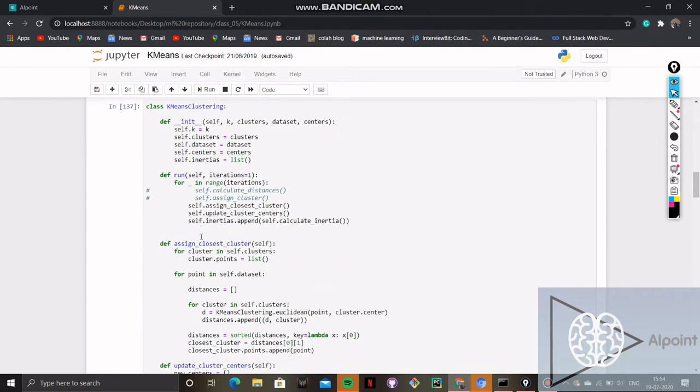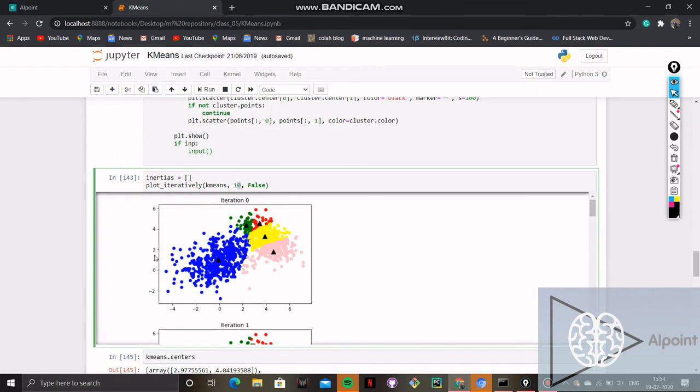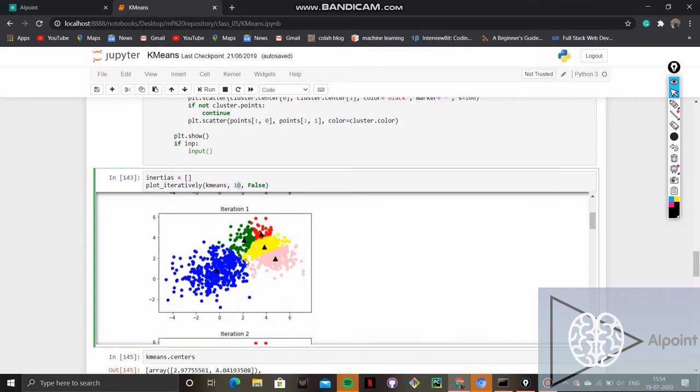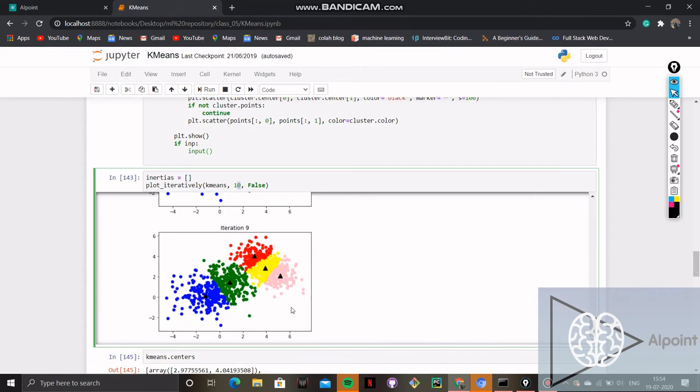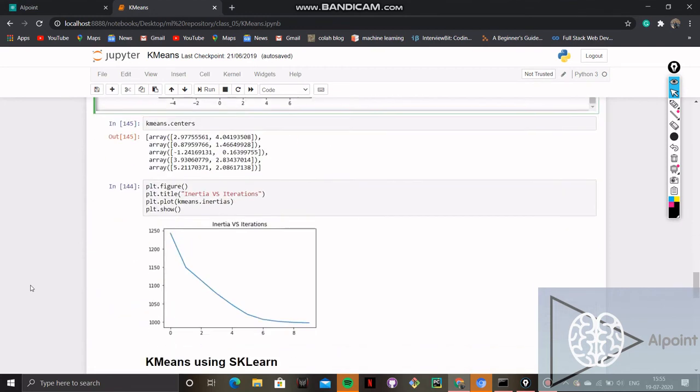In this iteration, we can see 5 clusters have been formed, iterating over and over, and lastly we get this. These are the clusters having similar data points. You can change the number of k's and the number of iterations, and see the results.